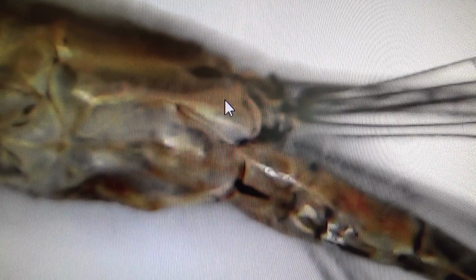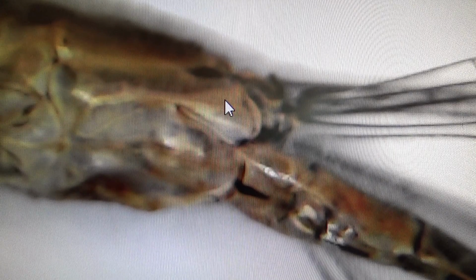Isn't this something? So I got this little microscope just so I could play with it and be teaching the grandchildren some science. And we always have to have little facts. So, some of the little facts are